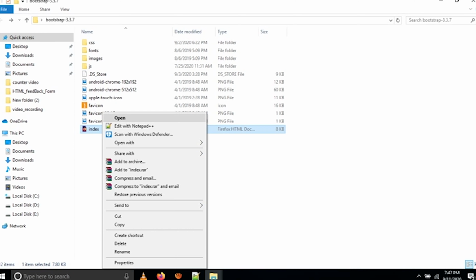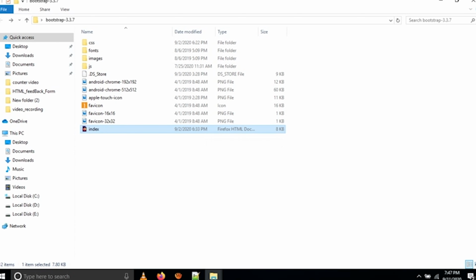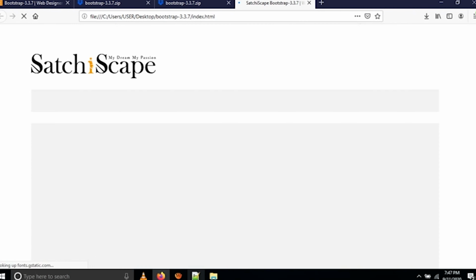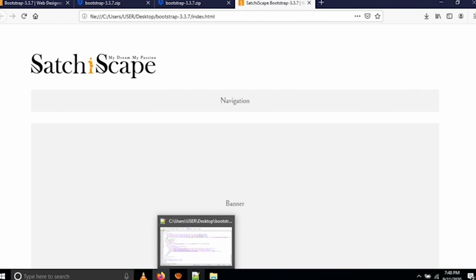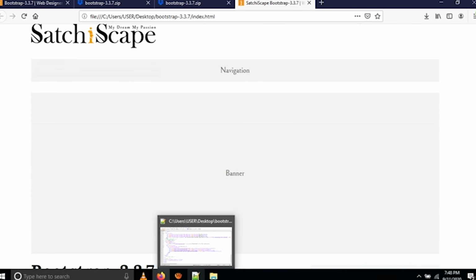I make a tutorial for them. Experienced persons, maybe it will not work for them because they know this kind of coding. So I have opened these files in Notepad++ and also opened this file in Firefox.